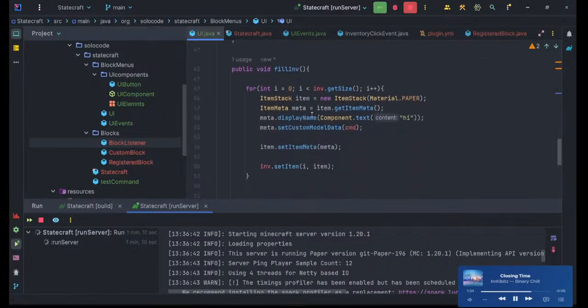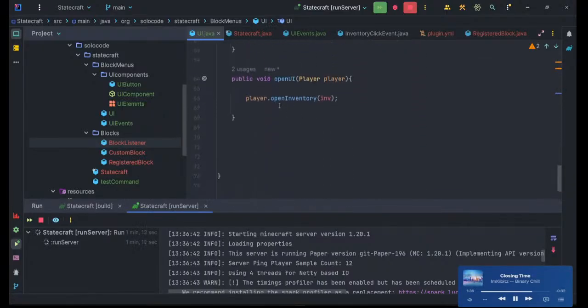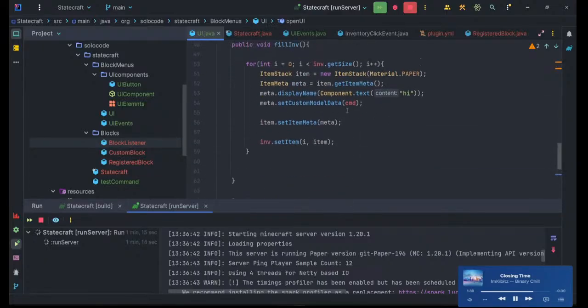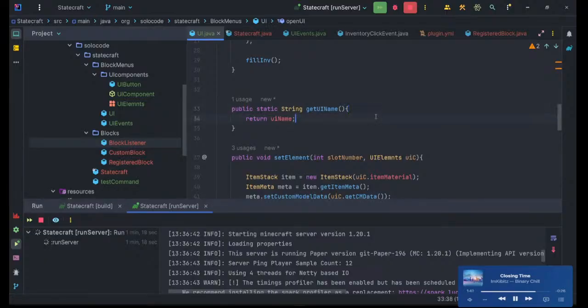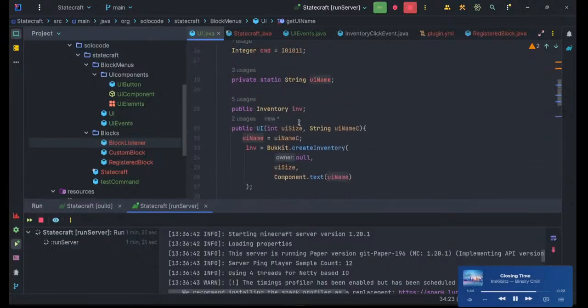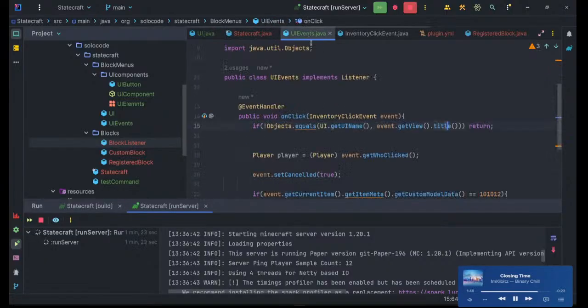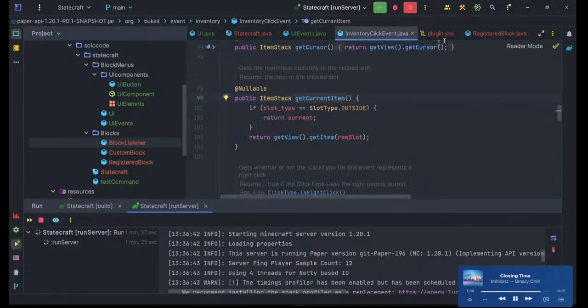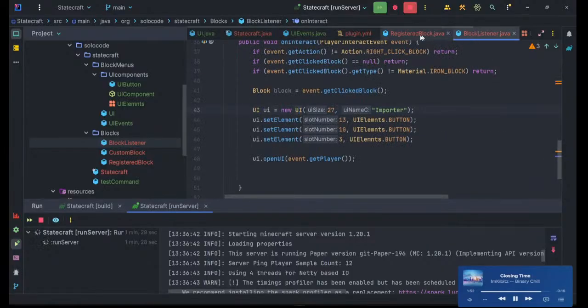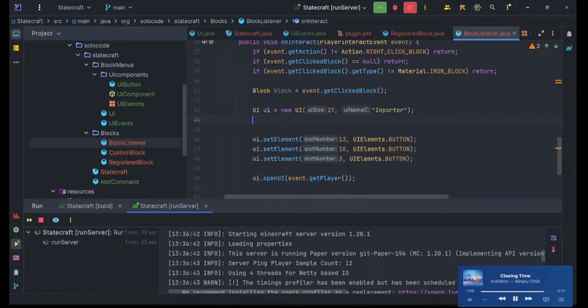And now, if I say open UI, so let's say that opens our inventory. Get UI name. And this is set there. If I do that, maybe I can say here, not there, inventory click event. No. Block listener. There we go. And when I open this, I can say here, maybe I can say